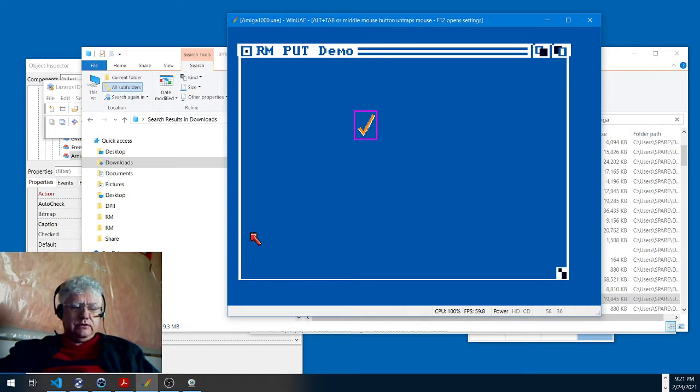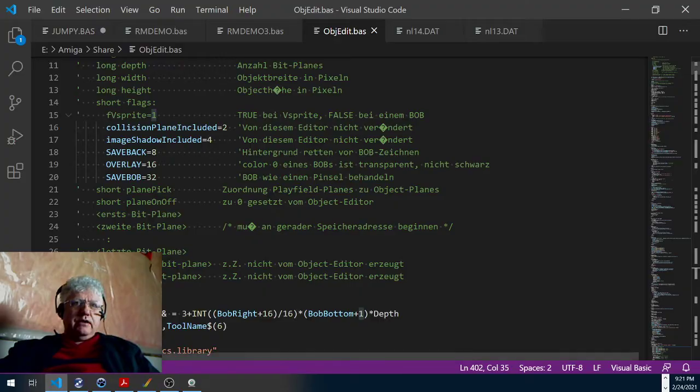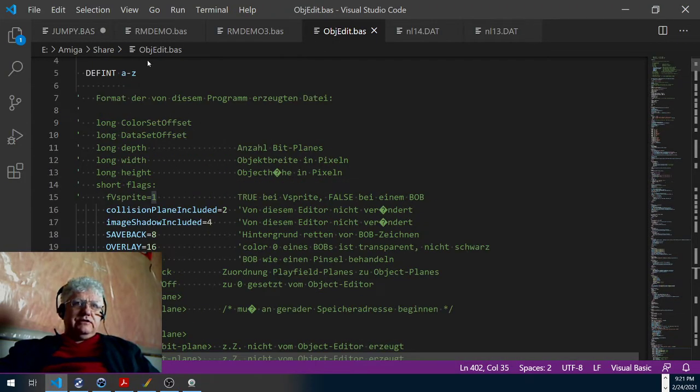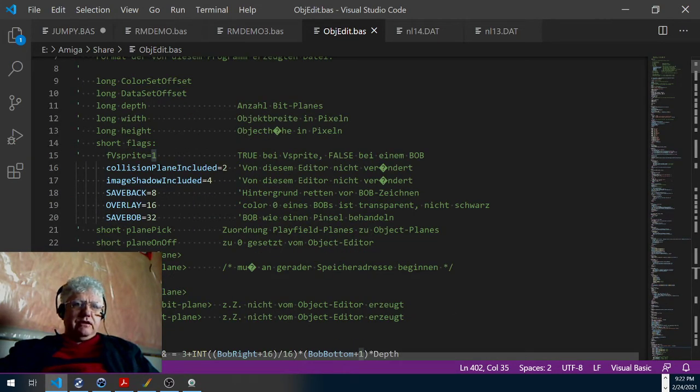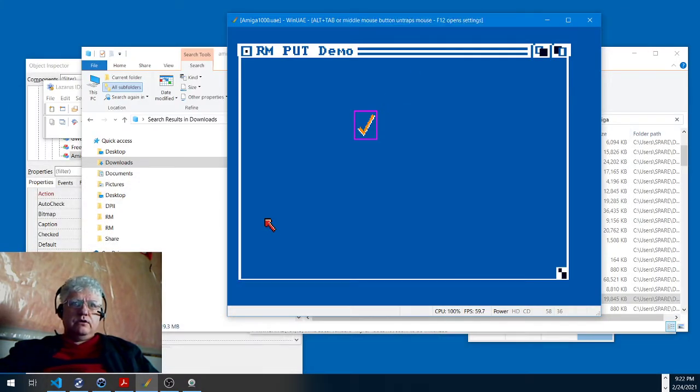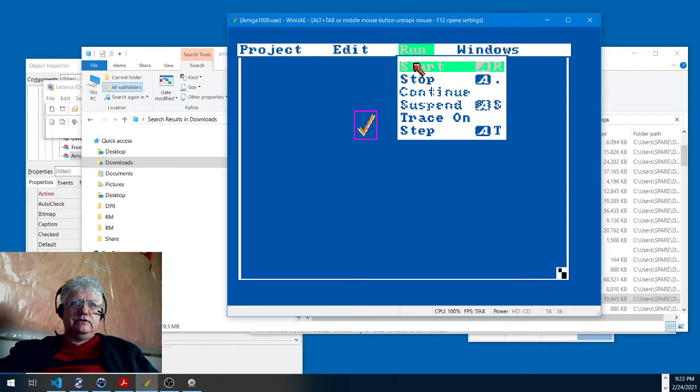Let me just pop into Visual Studio Code here. So this is the object editor that comes with Amiga Basic. Basically, it allows you to edit shapes just like my program, but in a crude way. It only allows you to basically draw pixels. Let me just go into it and actually show you. So if we go in here and just stop this program,